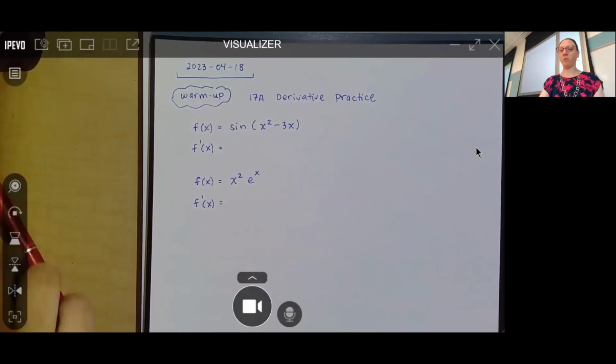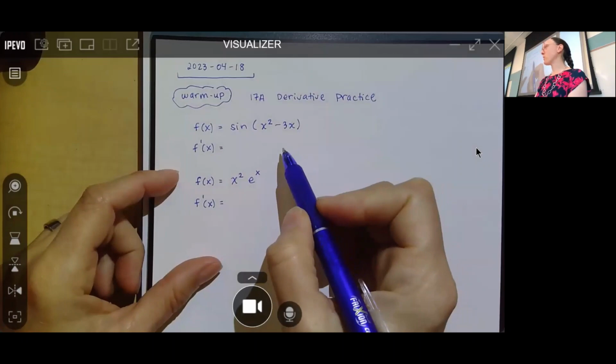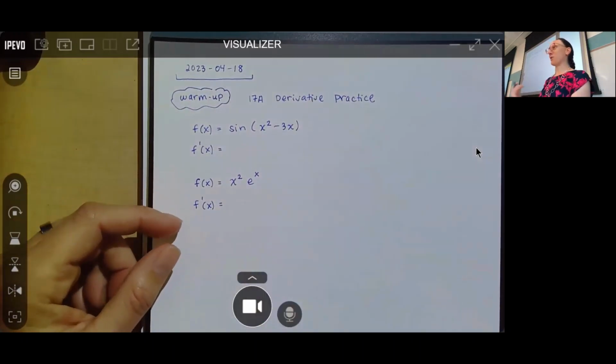A bit of 17A derivative warm up for us, and then we'll dive in. So I have chosen these problems specifically because of the types of antiderivative rules we're going to be working with